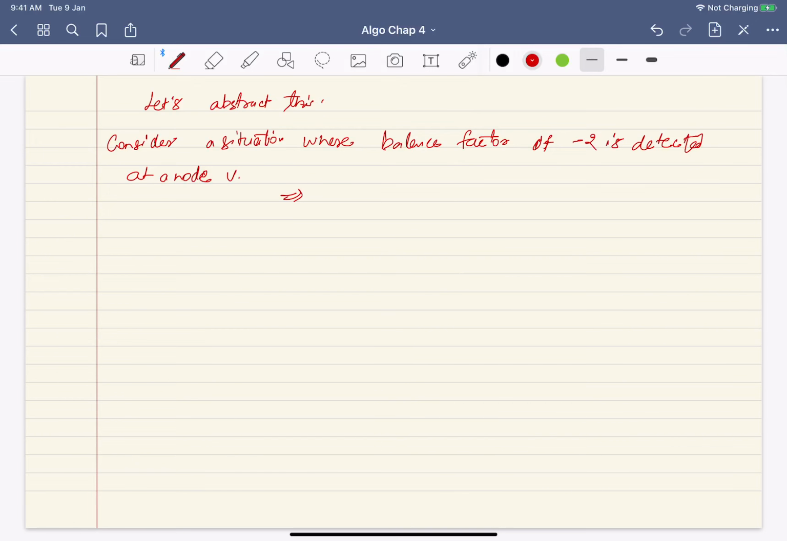And what does it mean? So prior to insertion it should have a balance factor of minus 1. This would have been left heavy. Yes, minus 1, and the change from minus 1 to minus 2